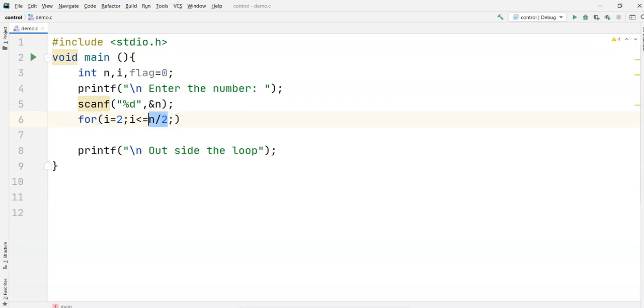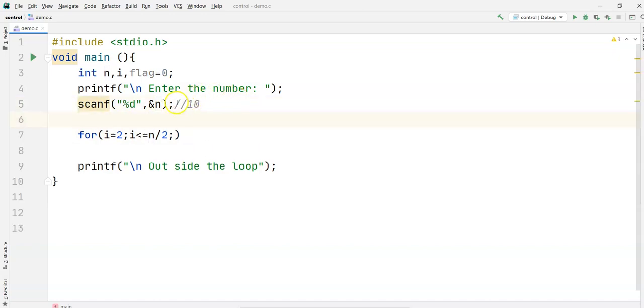What is n divided by 2? Consider an example always. I'm taking n as 10. If n is 10, n divided by 2 is 5. You are checking i less than or equal to 5, i plus plus.